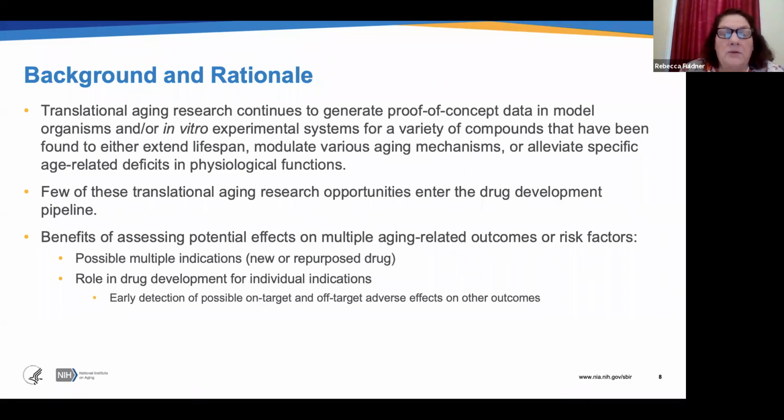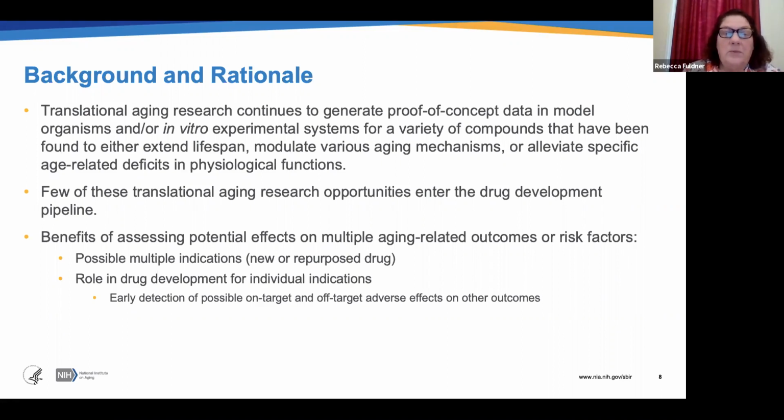So what I wanted to mention also was that a lot of these interventions that affect the different hallmarks of aging, which can either affect the rate of aging and the development of age-related pathologies, may have more than one indication, because a lot of these hallmarks of aging are prevalent in different physiological systems, different cells within different organ tissues. And so they can, of course, then alter the development and progression of age-related conditions in multiple physiological systems at once.